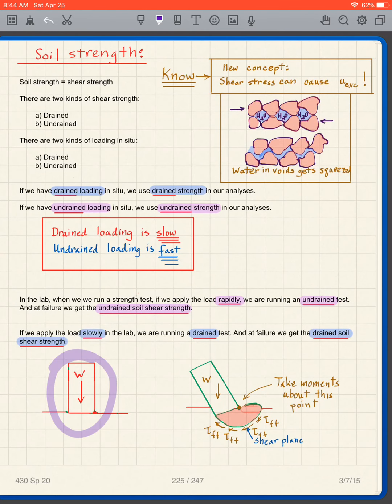We're creating the load W. Well, how long does it take us to create that load? Well, it takes us a long time to build that structure. And so in the process of building the structure, as this W increases due to the weight of the structure that we build up and up and up, for instance, then